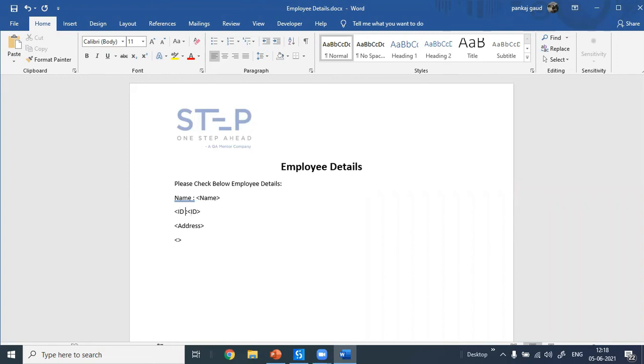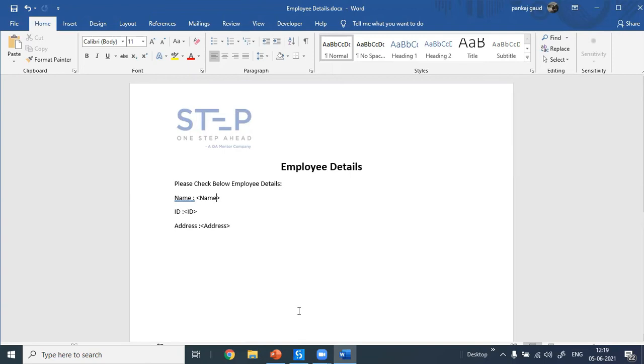So Pankaj, do you mean to say that in the previous use case we created all employees' data in a table format, but now for each employee, if you need the single details of every employee, you can do those things in our document? So this is the format: name, ID, address, and there you print the information of individual employees. Is it correct? Yes, yes. Perfect, very good.